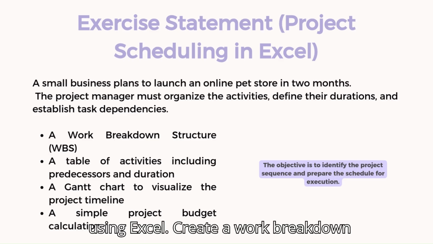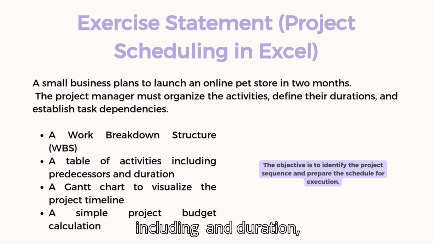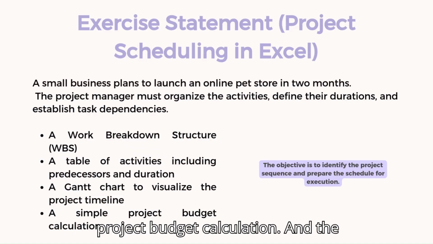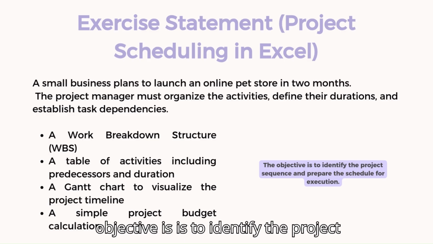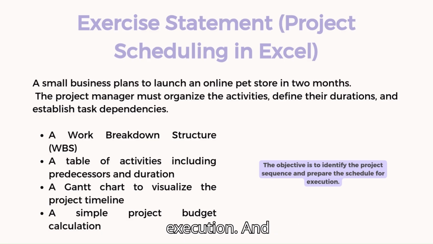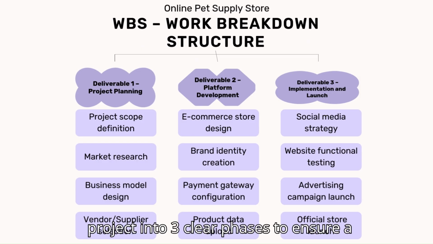Using Excel, create a work breakdown structure, WBS, a table of activities including predecessors and duration, a Gantt chart to visualize the project timeline, and a simple project budget calculation. The objective is to identify the project sequence and prepare the schedule for execution. And the WBS overview: for our online store, this WBS breaks the project into three clear phases to